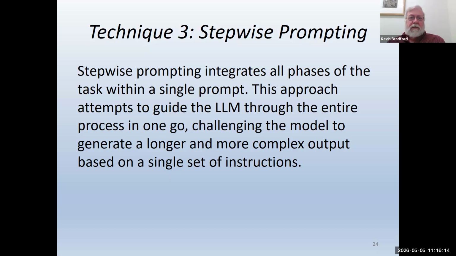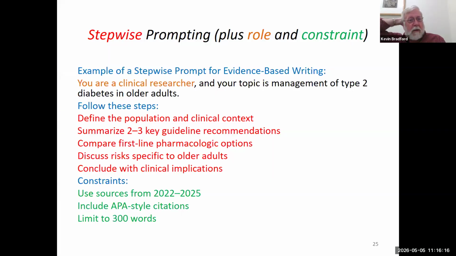So here's an example of combining the different prompting processes. This is stepwise plus role and constraint. I've color coded the different prompts. So role is in orange. I'm sorry, I should have probably picked a different color because there's not a lot of visual difference between that color of orange and red.